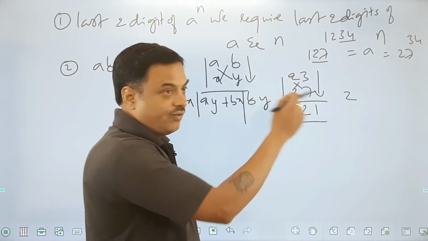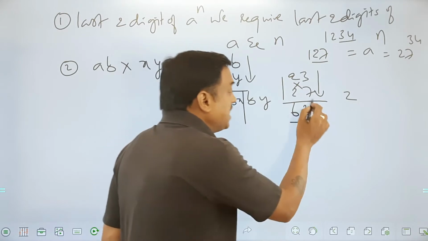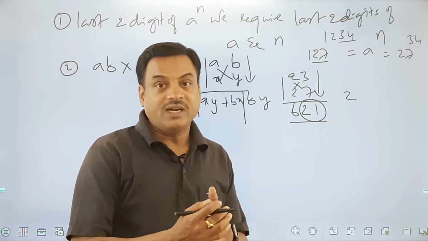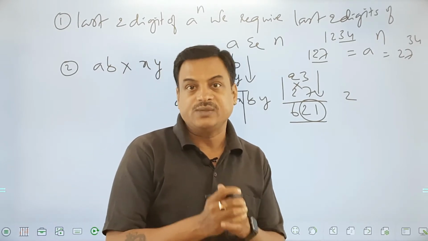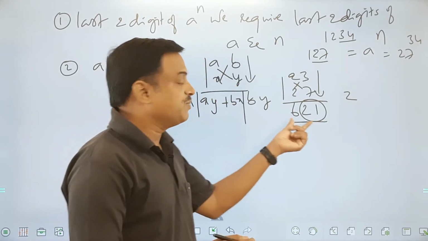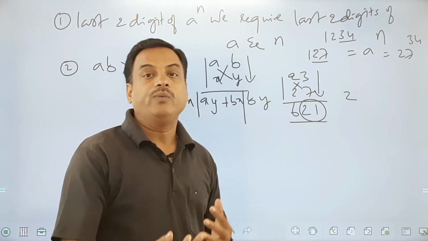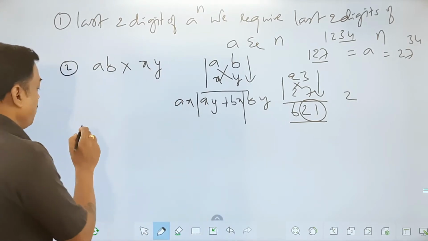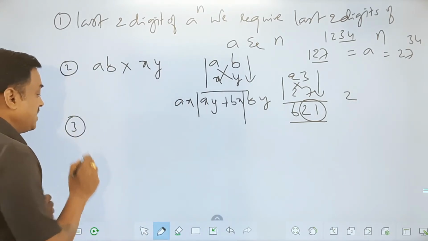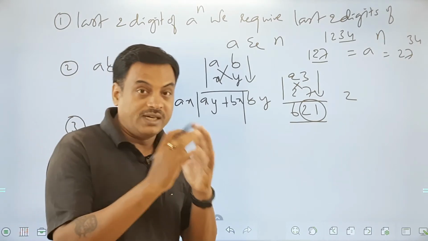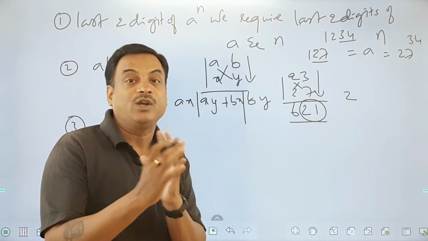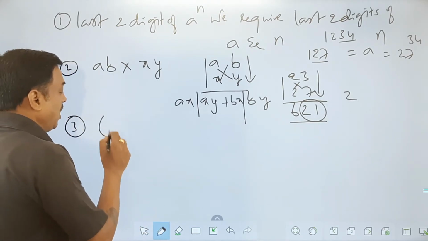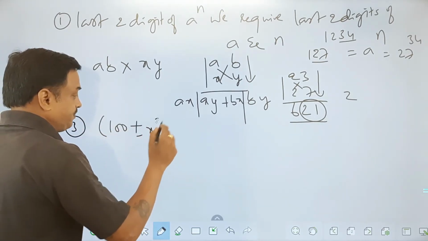If you observe this once again, I got the last two digits in 2 steps. So my agenda for the class today is to find the last two digits, which is very easy by this method. If I have to multiply, then I'll always multiply this way to get the last two digits every time. The point number 3, friends: please understand, based on your agenda of finding the last two digits, you need to select your methods. Now occasionally you may also have to find the square of numbers.